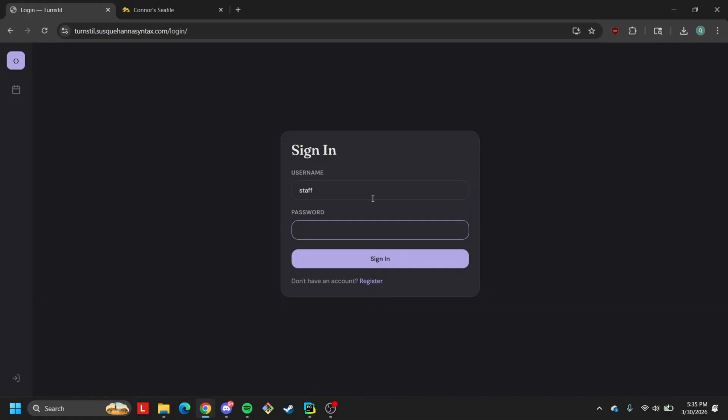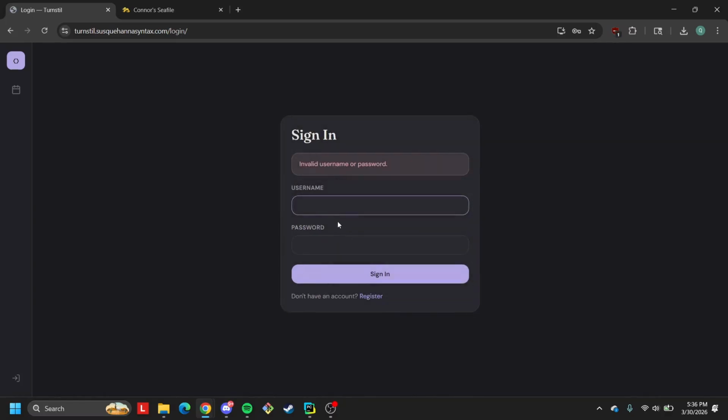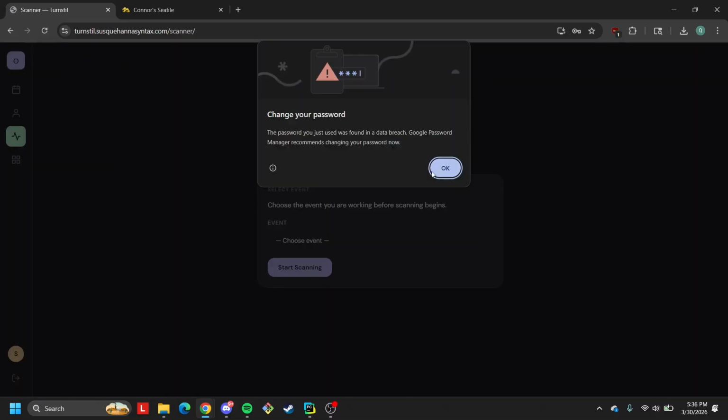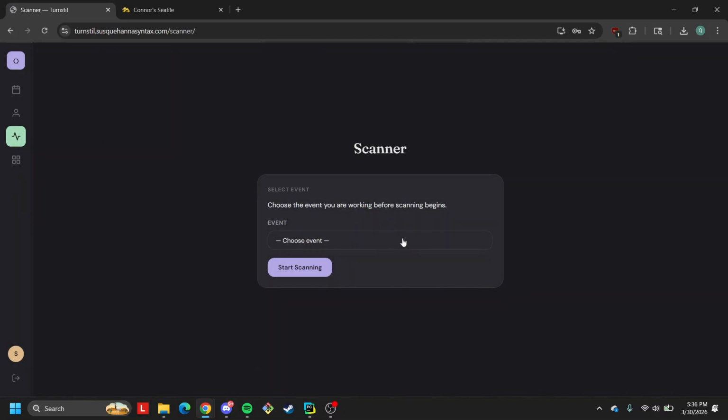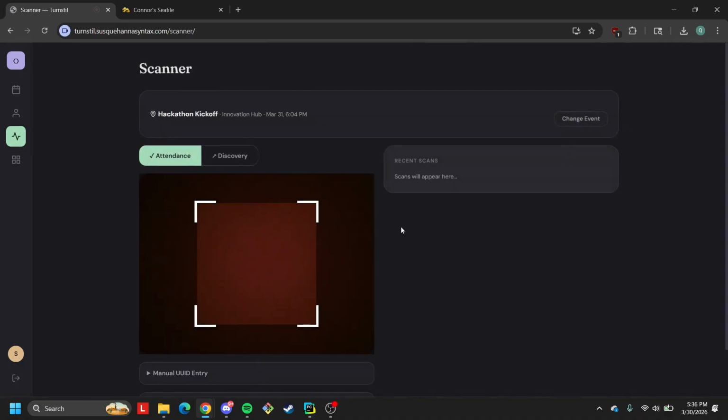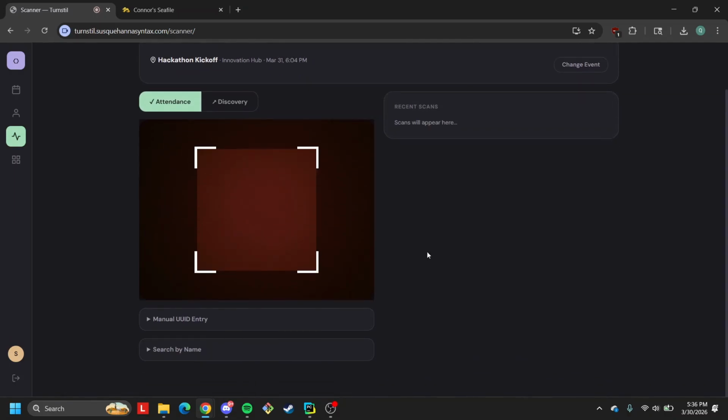If you're logged in as an event staff, organizer, or admin, you will see a similar screen. The scanner page will instead ask you to choose an event to start scanning for, in which case this event staff login only has access to the hackathon. I select that, I select start scanning, and it will bring you to a similar screen,